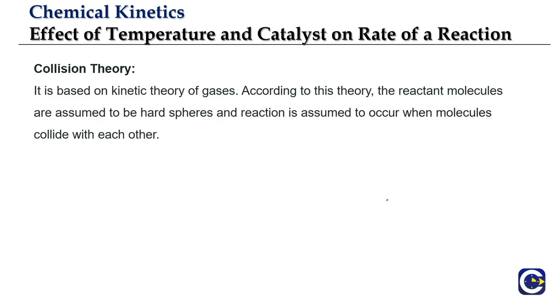And the effect of catalyst and the effect of temperature, both of them are explained by an alternative theory which we call the collision theory. So the Arrhenius formula is more of an empirical relation, but we have the collision theory which is based upon certain assumptions of how the reactions would proceed when the reactant particles are actually colliding, and it gives a theoretical explanation for the terms involved in the mathematical or empirical formula.